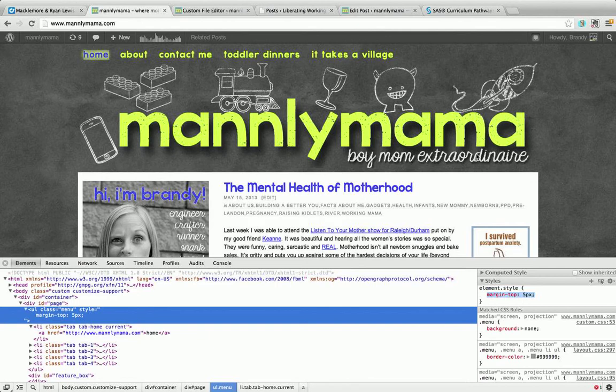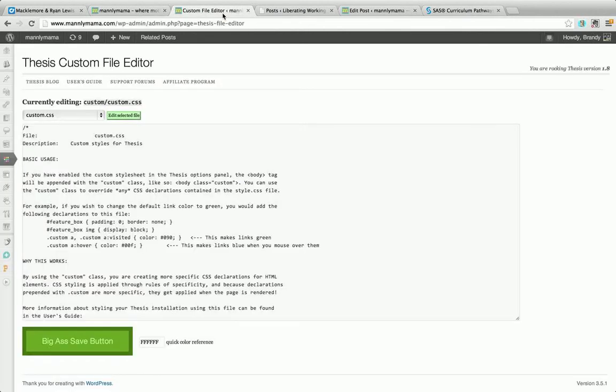First off, I have Thesis as my theme, and I know a good number of people do, because I know a lot of hosting admins use Thesis. So if you use that, I can show you how to do some stuff in there as well. You can hop on over to your dashboard, and you should have a little thing called Thesis,